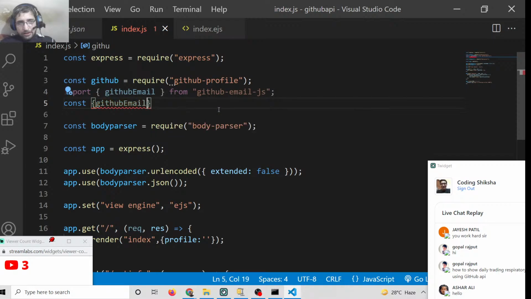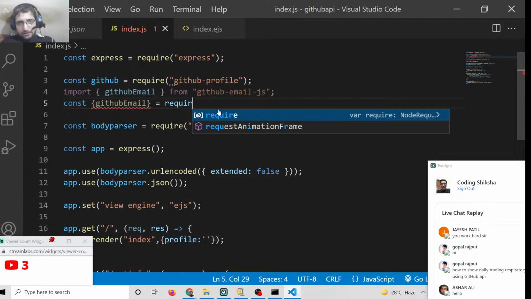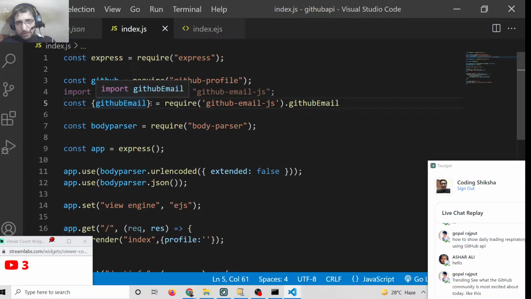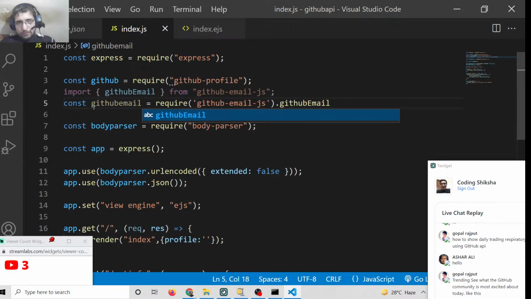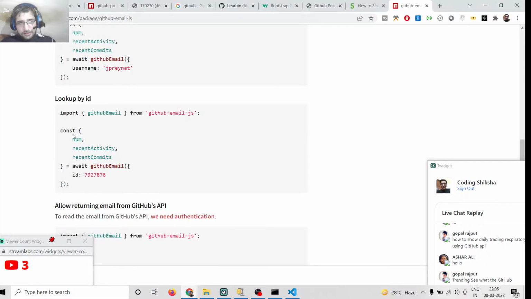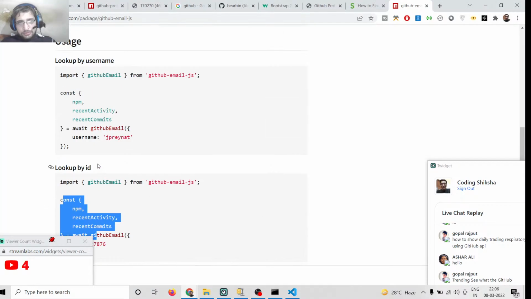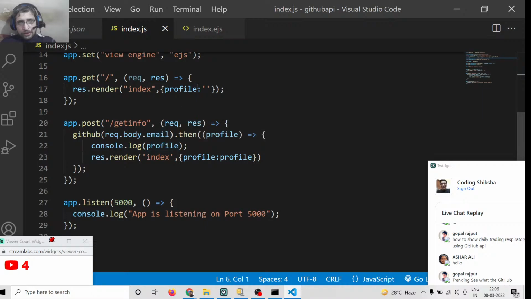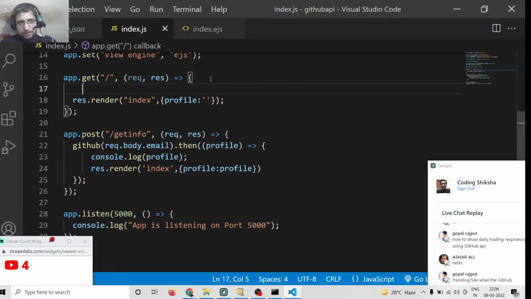You can get this GitHub email like this, so we need to require this. So now, like this, we can do this GitHub email. GitHub email, we have got this, so now we can use this information right here. So if I open this,